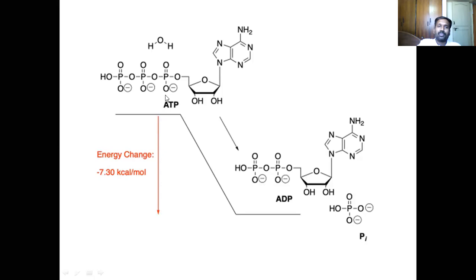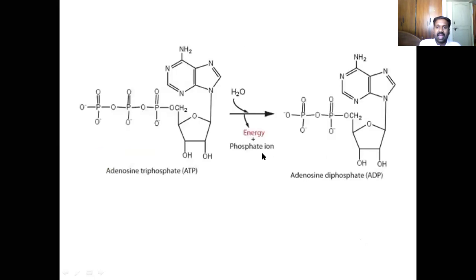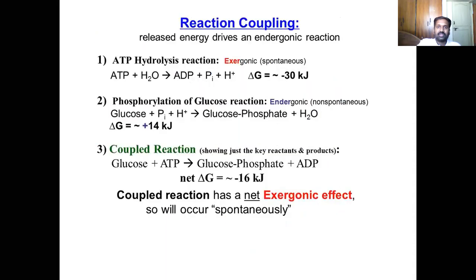Why is it exergonic? Because the reactant ATP is higher in energy, whereas the product ADP is lower in energy. So the difference in energy is always liberated. In an exergonic, spontaneous or exothermic reaction, the difference in energy is liberated as some form of energy. If it is exothermic, it is liberated as heat. If it is exergonic, it is not liberated, rather it is used for coupling reactions. This reaction is coupled to do some endergonic reactions by the cell. So this is regarding the structure of ATP and energy coupling reactions.